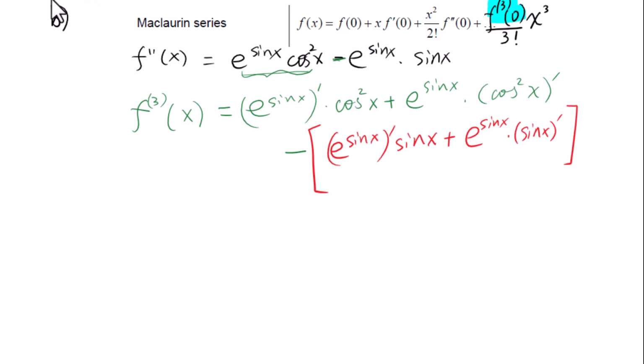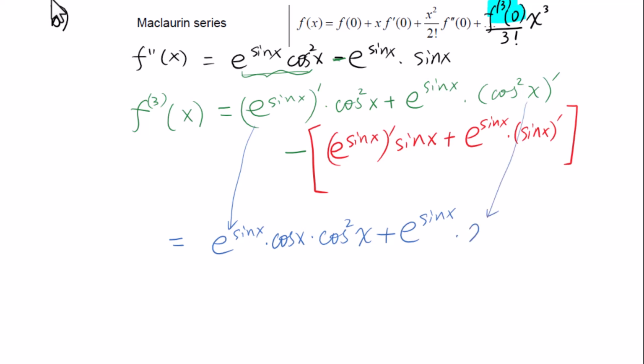Work this out. Equals e to the sin x power times cosine x by chain rule times cosine squared x, then plus e to the sin x power times 2 cosine x times the negative sin x by chain rule. Then minus